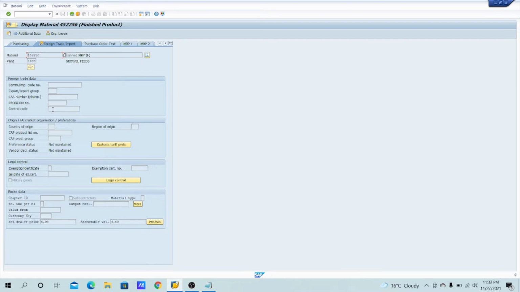See the control code, it does not have a required entry. So first of all, I will make it a required entry, that means without entering the control codes, the system does not allow you to make the material master, right? I am using the existing material master also. In this one also I can do the same.